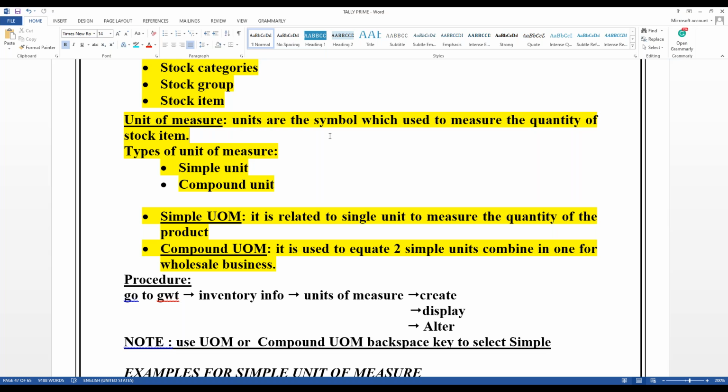As I was saying, we have two types of units of measure: simple and compound. Simple is used to measure a single quantity. A simple unit of measure is related to the quantity of a single product. For a single product, we use a simple unit of measure. Whereas, if you see the compound,